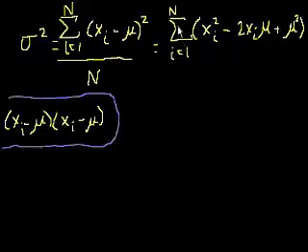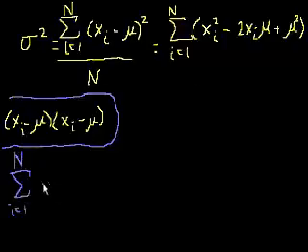Okay, so the sum of this is the same thing as, because if you think about it, we're going to take each x sub i, for each of the numbers in our population, we're going to perform this thing, and we're going to sum it up. But if you're not familiar with sigma notation, this is a good thing to know in general, just a little bit of intuition, that this is the same thing as, I'll do it here to have space, the sum from i is equal to 1 to n of the first term, x sub i squared minus,